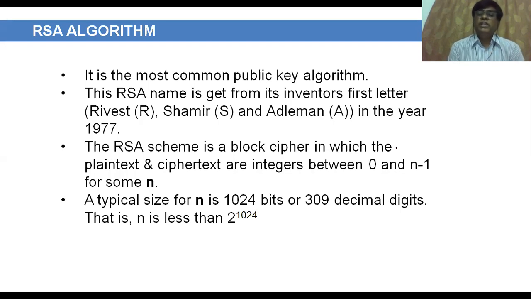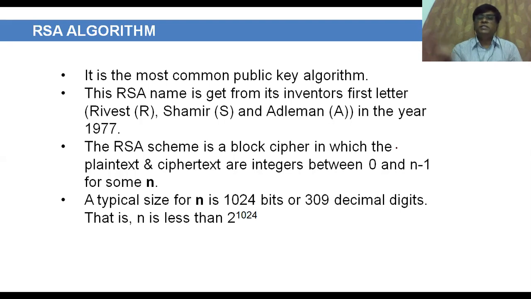So here it is very important in the RSA algorithm. The plain text or ciphertext, whatever it may be, the plain text is converted into some integer value. Even though plain text contains alphabets, numerics, or special characters, everything is finally converted into some integer value. After encryption, we will get some ciphertext. The ciphertext also contains integer values.